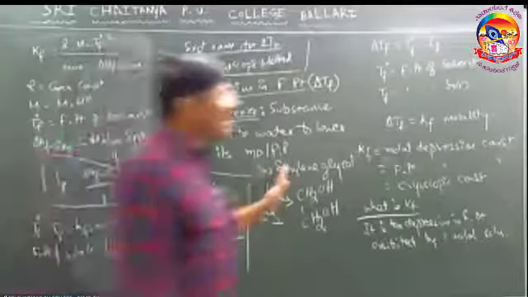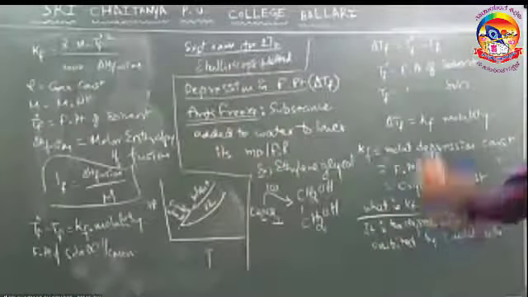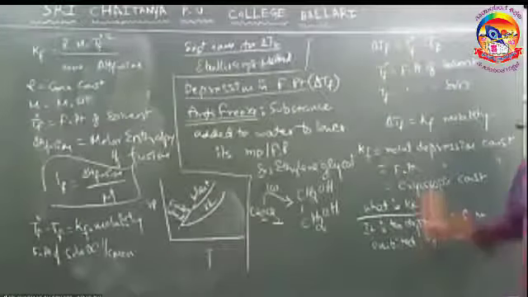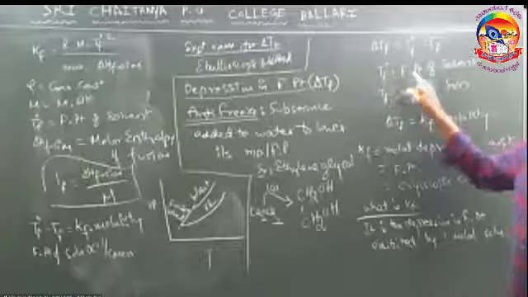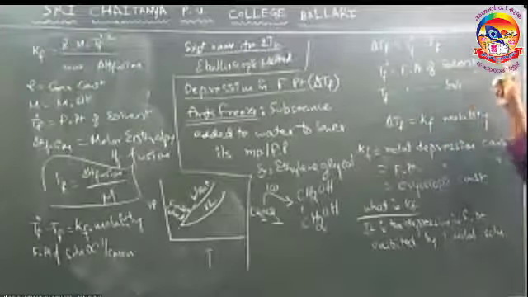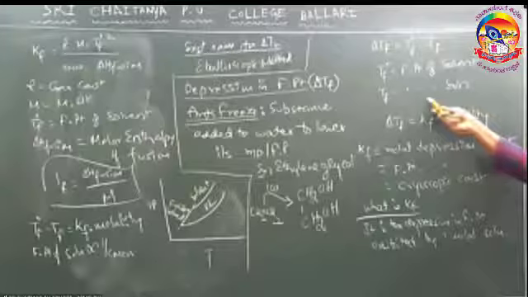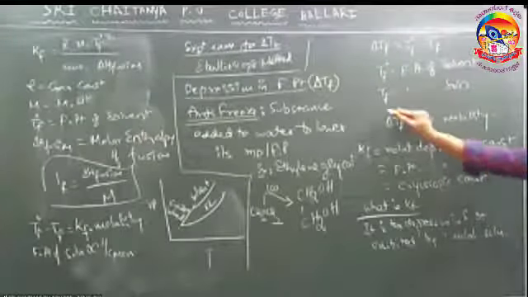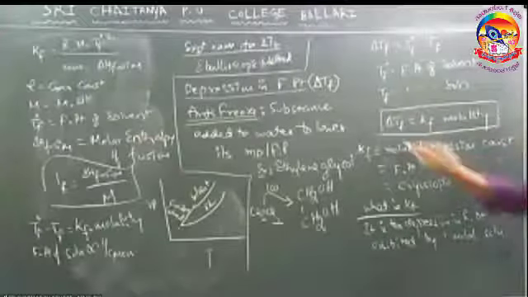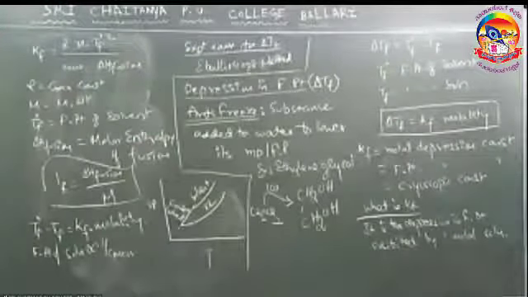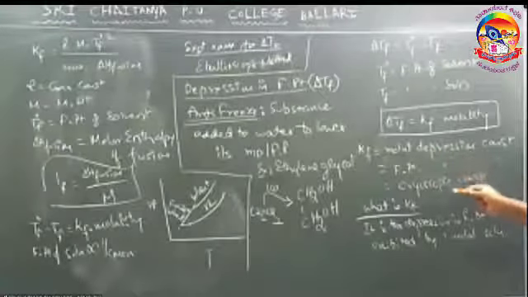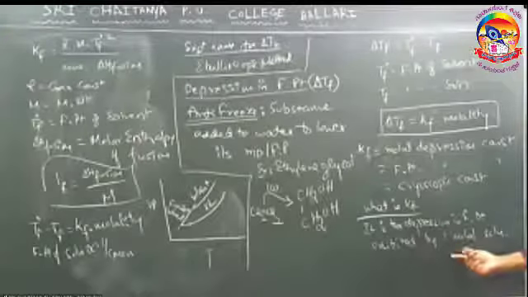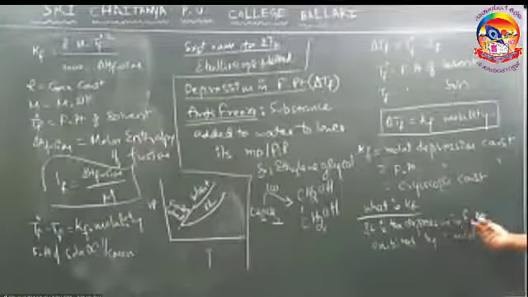Now, let us have the formula. Delta TF is equal to T naught F minus TF. T naught F is the freezing point of the solvent, TF is the freezing point of the solution. Delta TF is KF into molality. So this is how KF is defined, and KB also you can define like this.